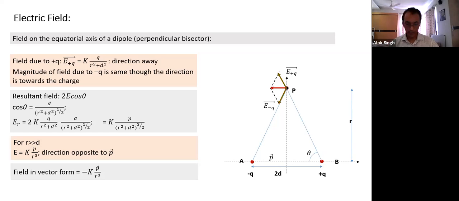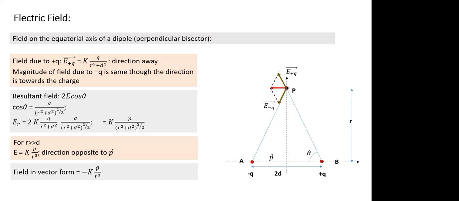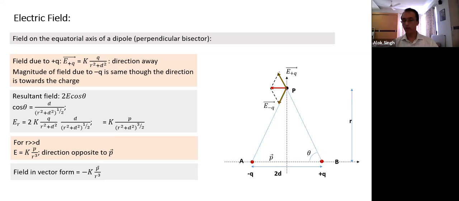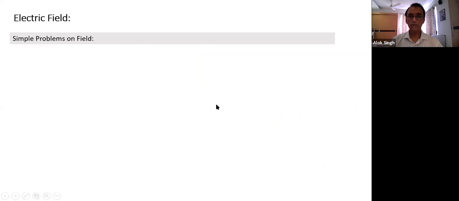Are you able to visualize what I'm saying now? Basically, if OP distance is R, I'm drawing a circle of equation y square plus z square is equal to r square. Every single point is lying on the equatorial plane of the dipole. And anything lying on the equatorial plane of the dipole, the direction of the field will be opposite. Is the same thing applicable here?